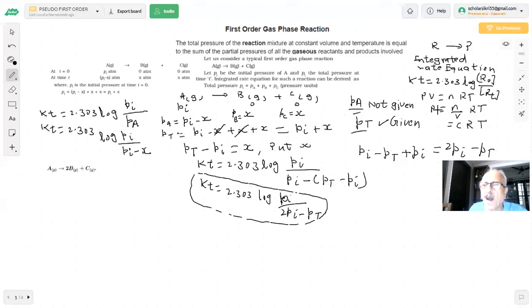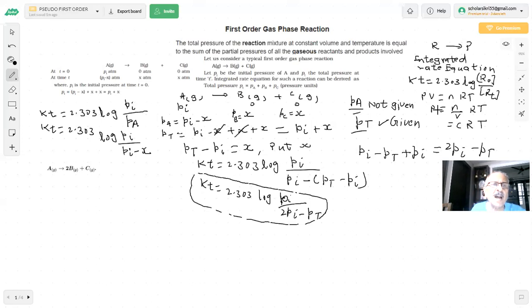Now I will derive another formula, which is also important, and there is a question in the book also on that. Two years back a numerical was given on this. Why? Because only initial pressure and total pressure were given. Therefore, we have to use this formula. For the pressure, we use this formula, and for the molar concentration, you already know the formula which I am using.